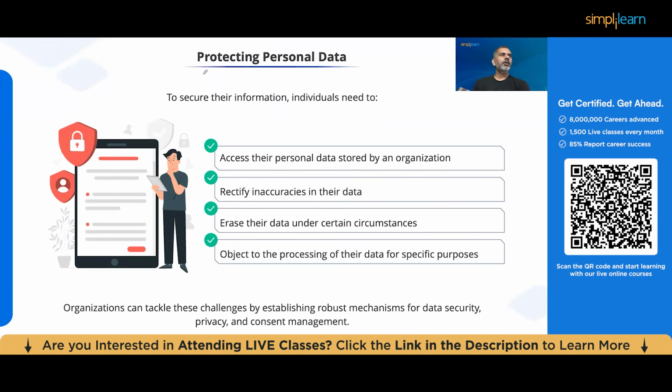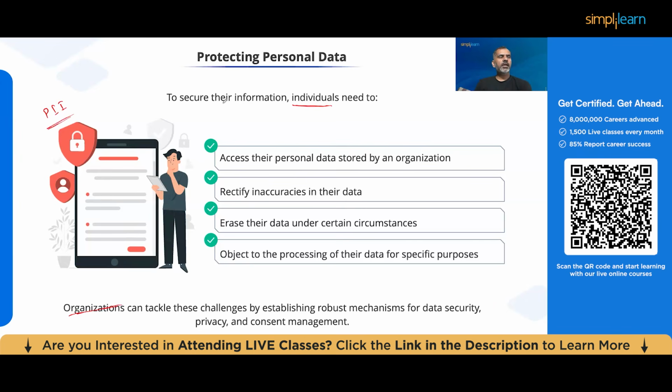When we say we are protecting personal data, that is with respect to two views: one is the individual point of view, and one is the organization point of view. From the individual point of view, you need to be very careful while sharing any of your personal information, whether it is your location, phone number, name, gender, political opinion, anything related to your personal identification. You should not disclose passport number or credit card number. These all come into PII, what we call personally identifiable information.